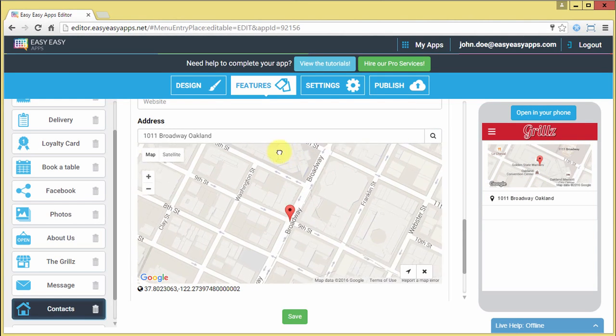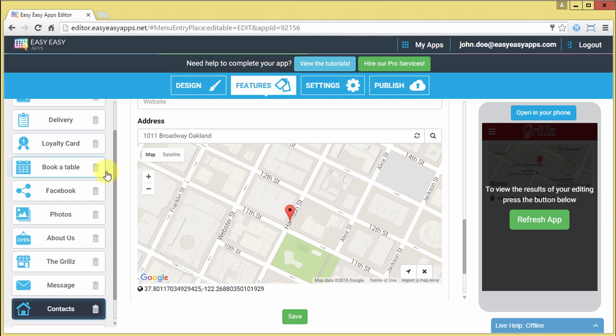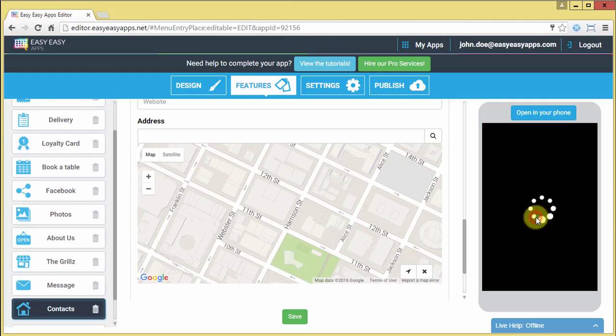You can also drag the map and put the pin in the right location. Then an update symbol will appear in the address box. Pressing the update symbol in the address box, the app maker will automatically calculate the address of the location where the pin is. If you don't want to display the map and the address in the smartphone, press the X button and the data will be erased.